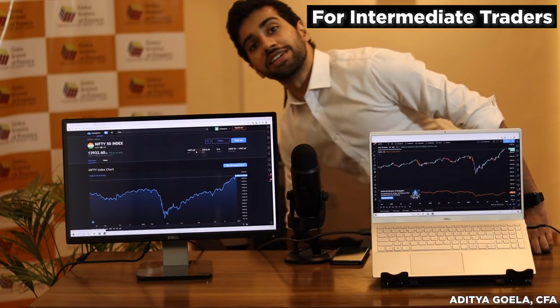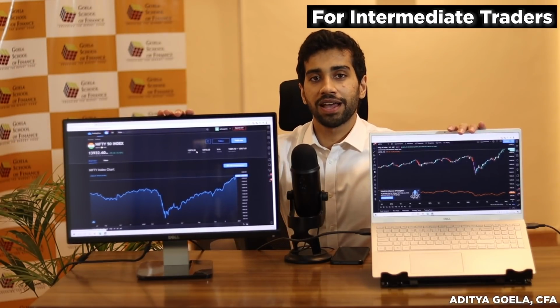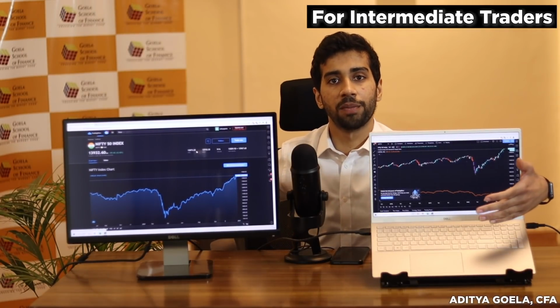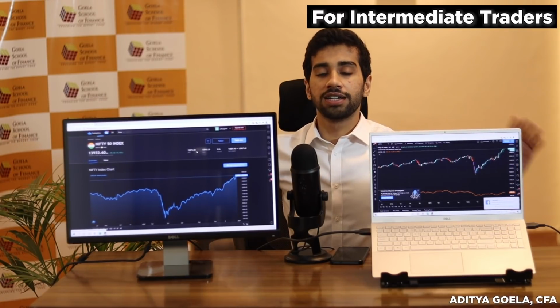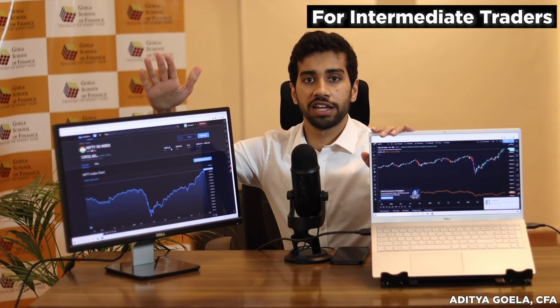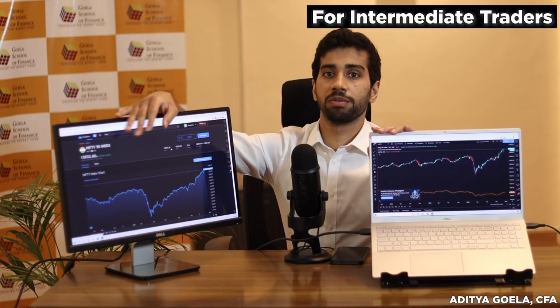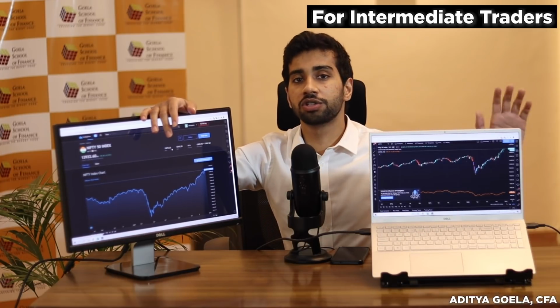So what you have here is that you have two screens and they are running parallelly. And basically, if you just drag this mouse from one place to another, it will go seamlessly. So ultimately, the best thing is that you should have in the big monitor a chart or maybe four charts. You can divide the screen into four charts in the software itself. And on the laptop or the smaller screen, you can have the trading system running.